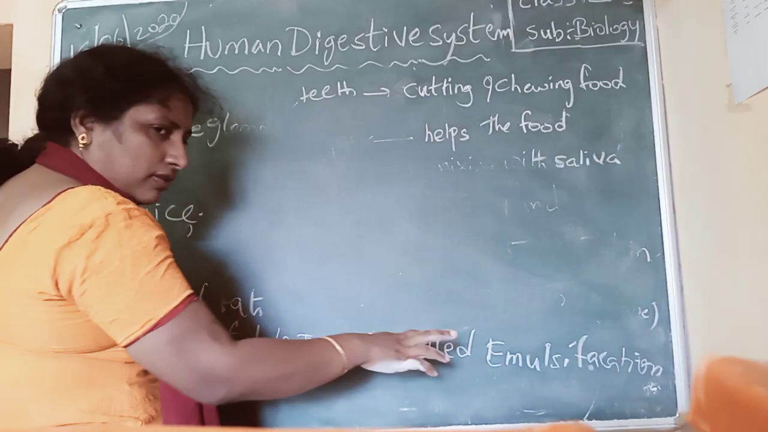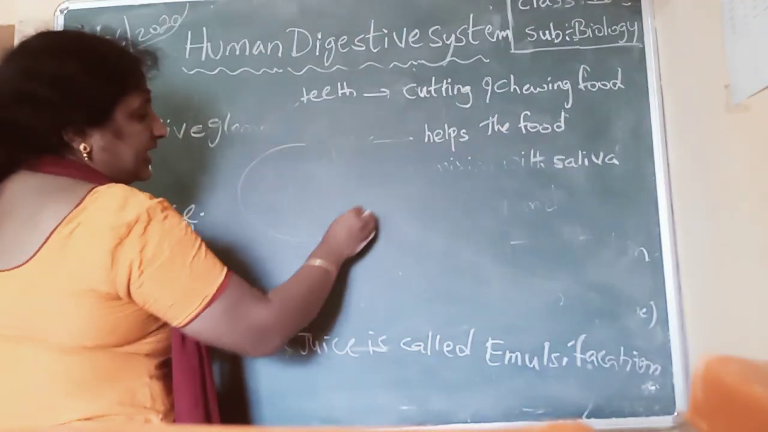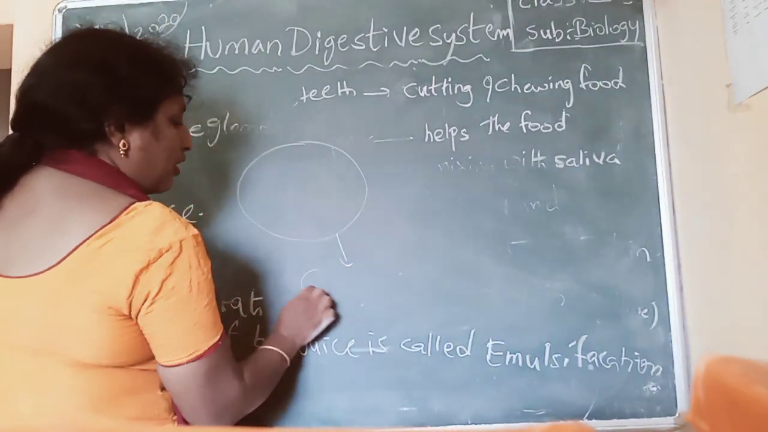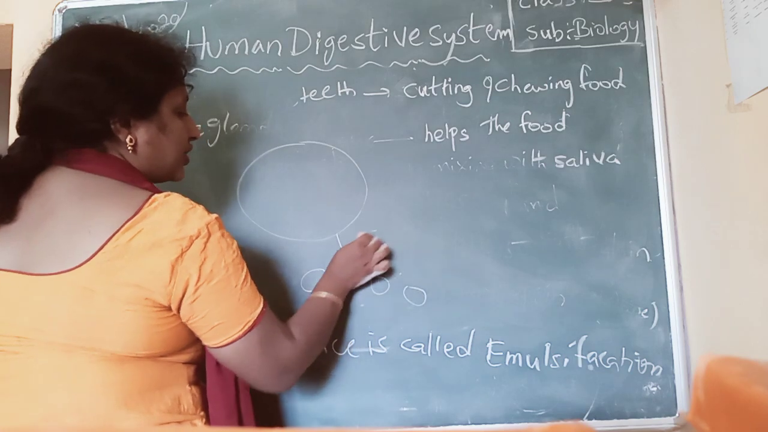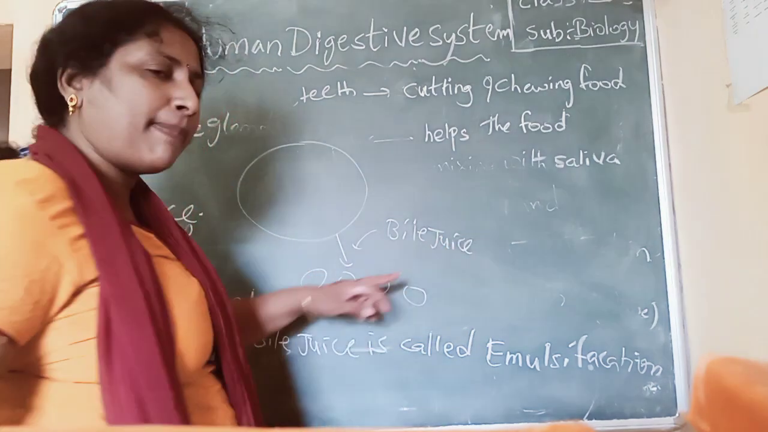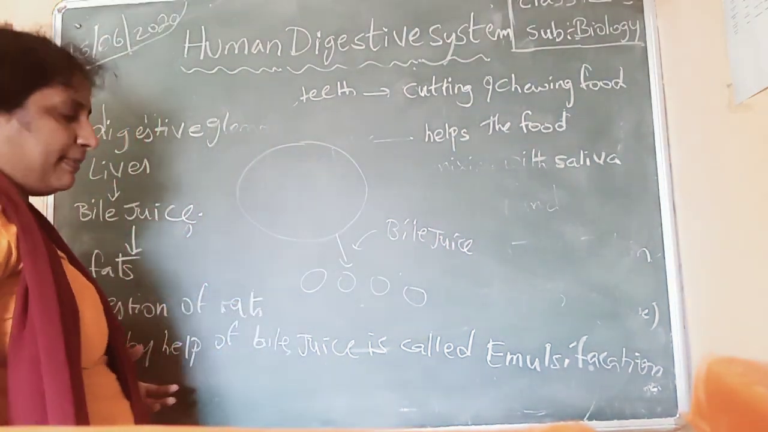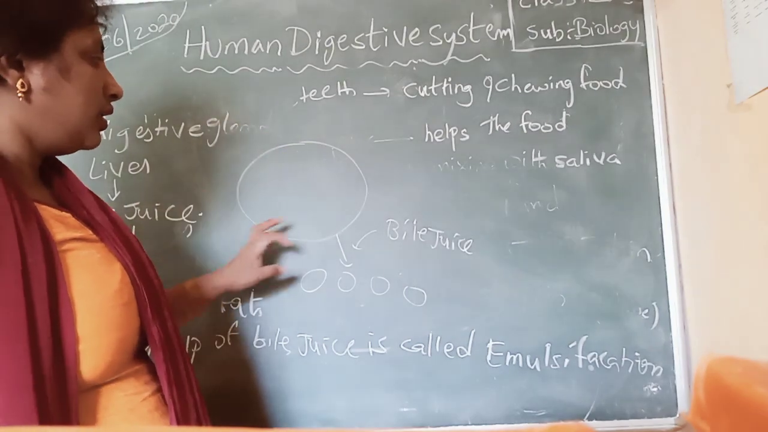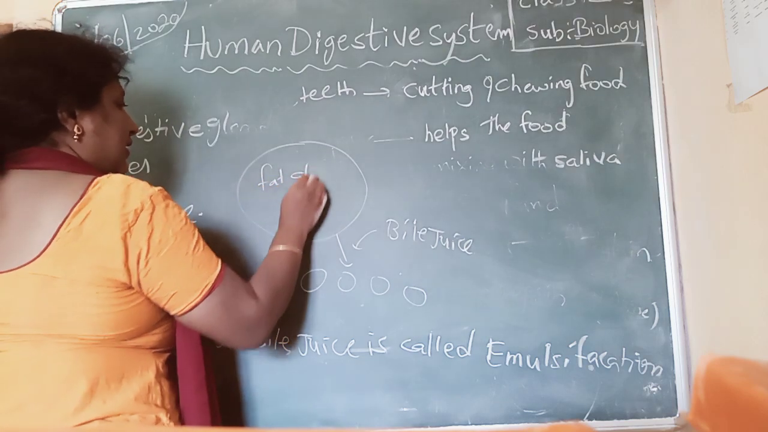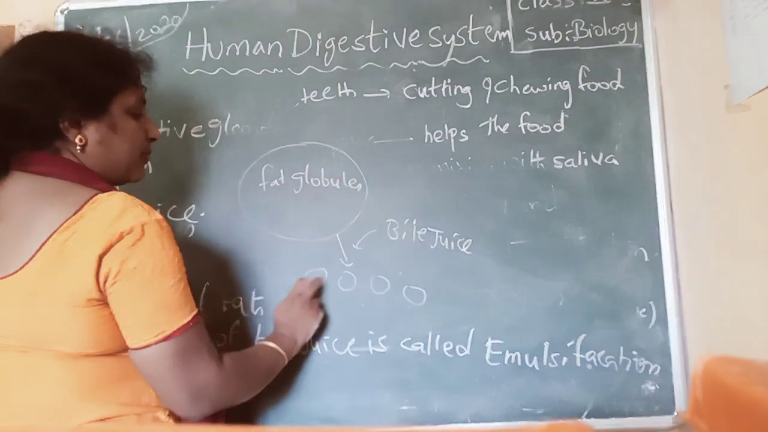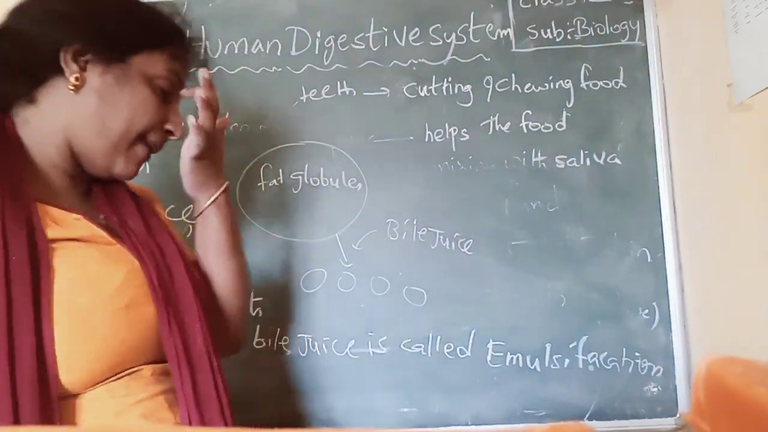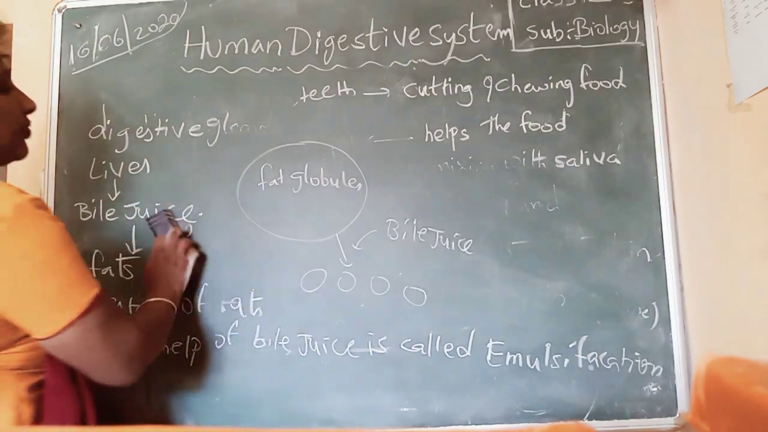Now, first we will know what emulsification is. This one is a large, big fat globule. It is broken down into small fat globules by the action of bile juice. Bile juice contains bile pigments. So the big fat globules are broken down into small fat globules with the help of bile juice, and this process is called emulsification. Now, what